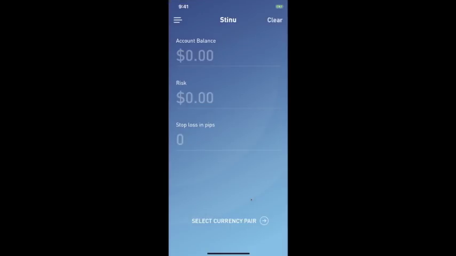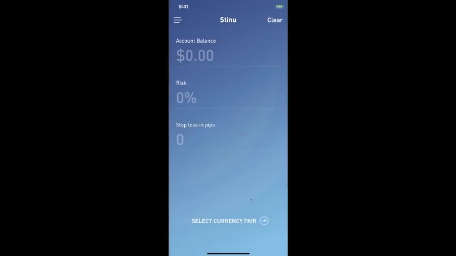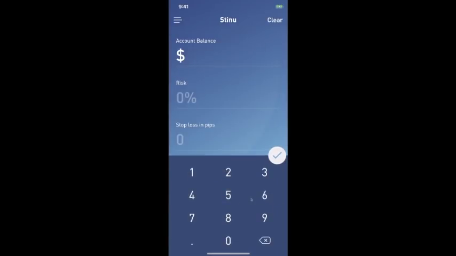You can always use this. Let's take a look at it in the different setting mode, in terms of percentage and in terms of units. Okay. So let's X out of this. So let's say the account balance now is $4,500 and the risk for this individual is 2%, no more than that. And the stop loss for this particular trade that he's looking at seems to be 58 pips. Just a random number, 58 pips, because it's going to take 2% and squeeze it into 58 pips.